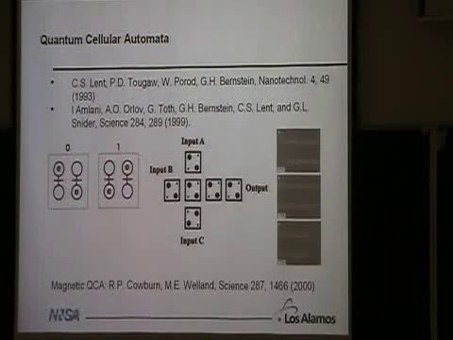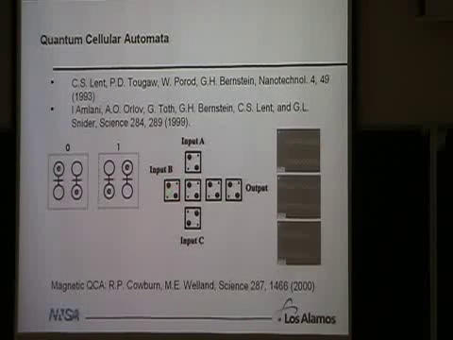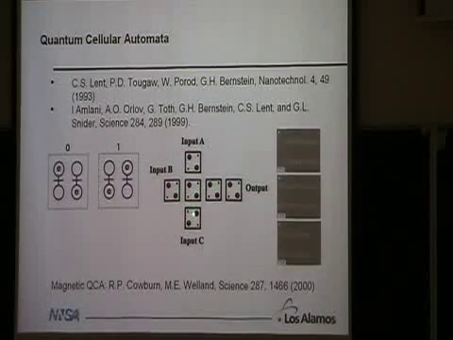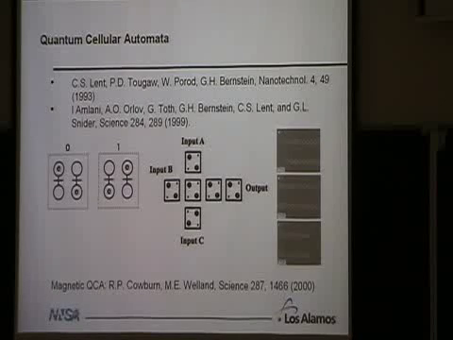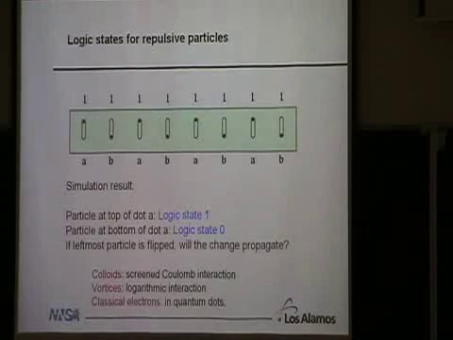And now we can use these little quantum dots to make a logic device. So if we have here our pairs of quantum dots, we arrange them like this. If we flip these dots, it's going to send a signal through, and all of these will interact, and this can be set up to be either an AND or an OR gate. But basically, the idea is you just propagate a signal. If you flip one of these, then the rest of them are going to start flipping kind of like dominoes. That's the idea. Sounded good.